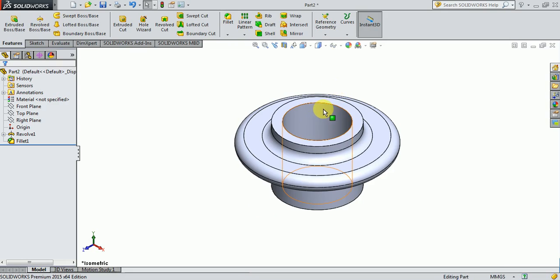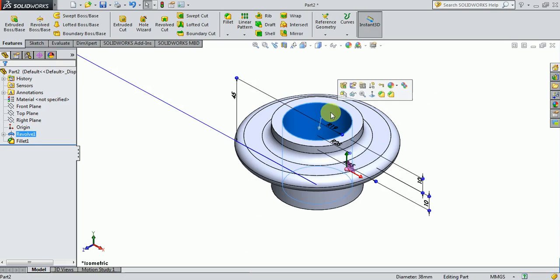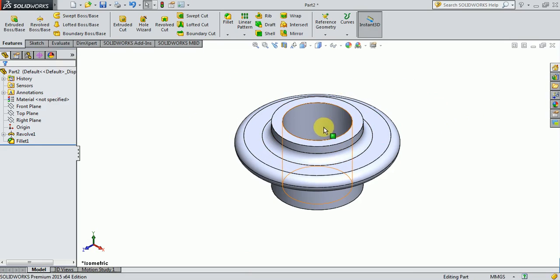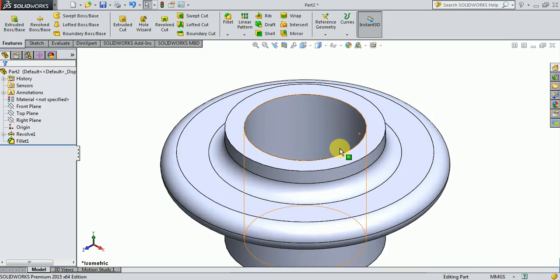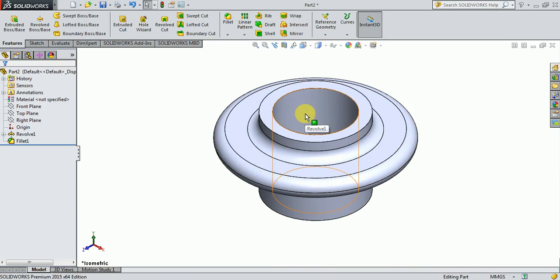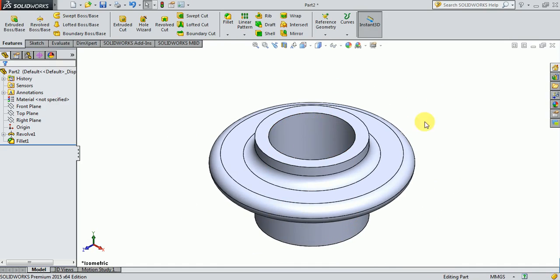But right now you can see the inner surface is plain. There is no thread given here. If you try to cut the thread on the inner surface, cutting a thread in helix form from top to bottom with a pitch of 7 mm is somewhat difficult. Not difficult, but it takes time. Since we are dealing in online mode, I don't want to go into detail about how exactly that thread has to be cut on the inner surface. So instead of that, what we can do is